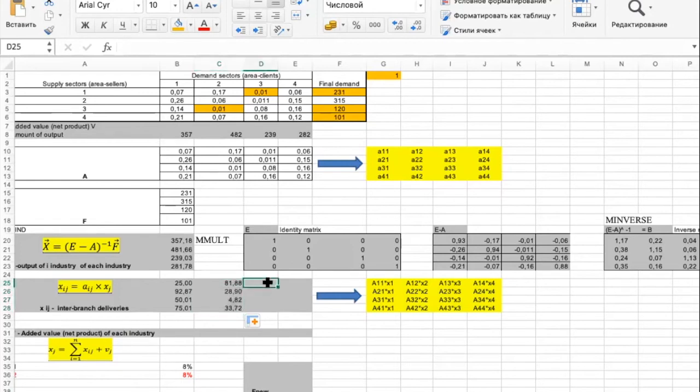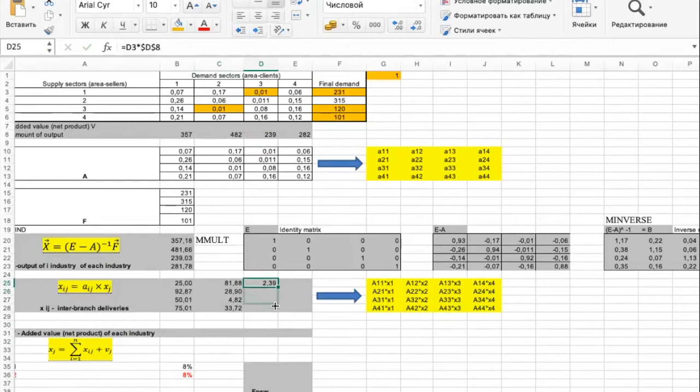And in the same way, we can repeat this action for the columns. For example, in this way, we also insert the sign of dollar, or you insert F4, and then again